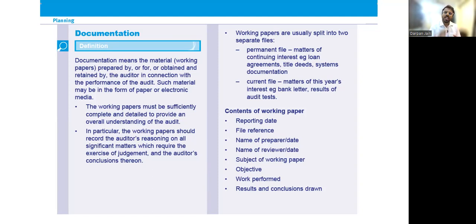For example, let's say the auditor is checking the sales which is recorded in the books of accounts with the sale invoices. What is the auditor doing? He's checking that sales with the sales invoices. He's checking whether it has been correctly accounted for in the books of accounts or not. Because if there's a difference, or if there's an invoice which is not recorded, then there's a misstatement, right?